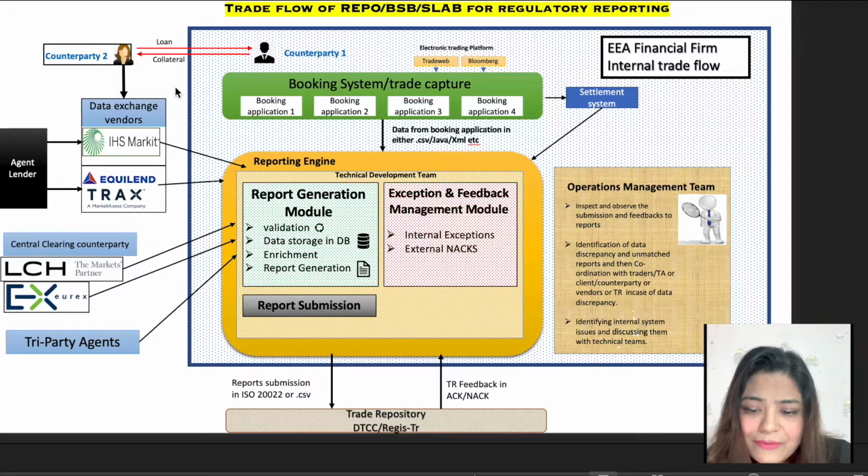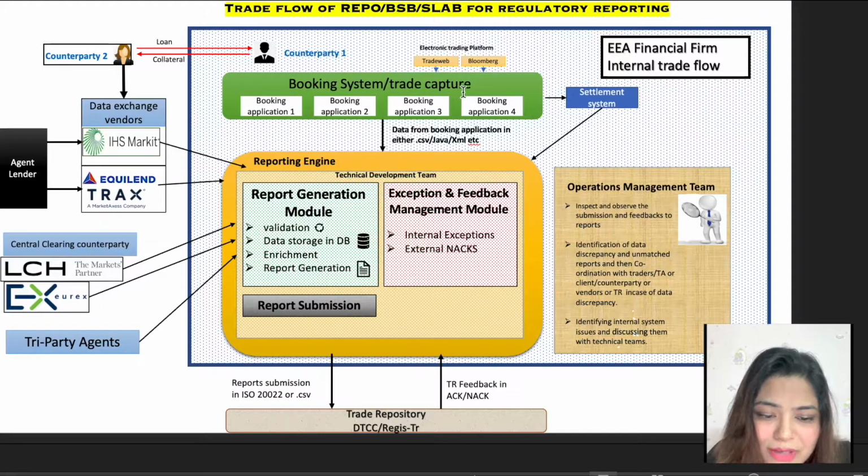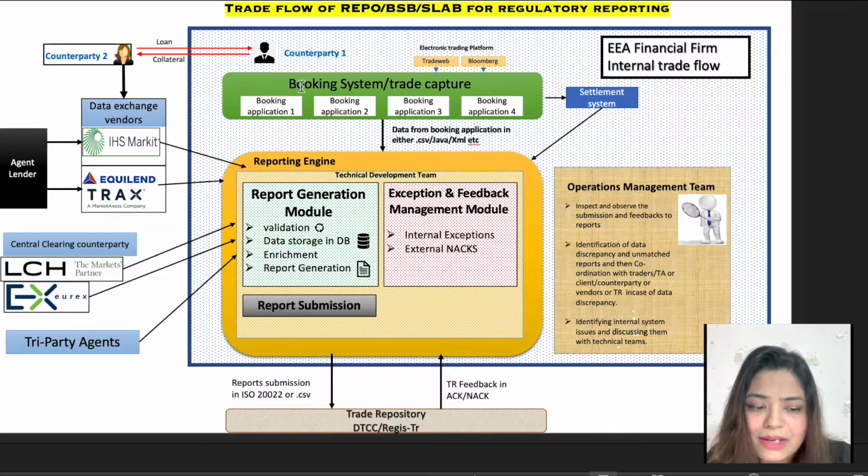There are mainly four parts of this diagram, if you can see. That is a trade booking system, which you can see here in a green color. In some of the firms there is only one booking system where all types of trades can be booked or captured within one booking system. Or in some other firms there might be different trade booking applications depending on the type of trades they want to book. In this system, trades are booked by the trader or salesperson,